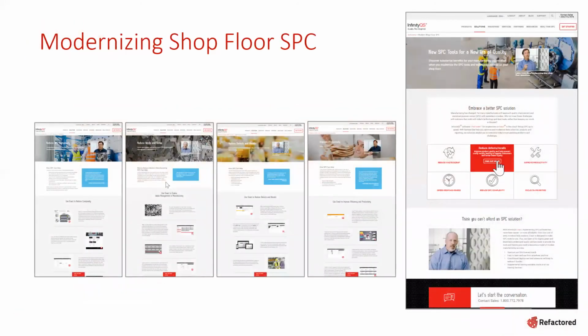So I'm just going to show you what some of this looks like. I'm going to show pictures of each of the 4 pillars, and you'll get a sense of the variety of what we put together. This is the Modernizing Shop Floor SPC page. It's about 10 pages of super relevant information. It's keyword rich, but if you look at the content, it doesn't feel like it's been stuffed full of keywords,